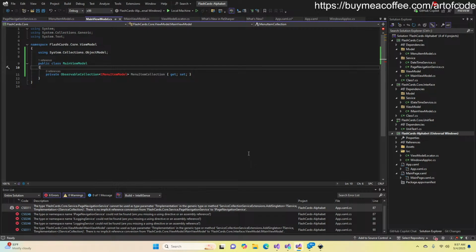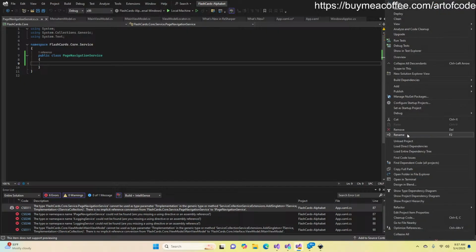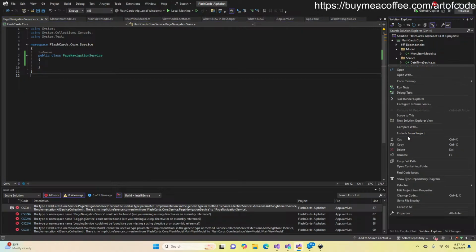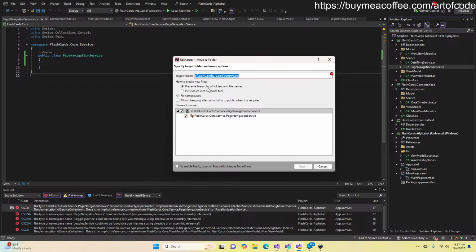We don't want to over-engineer this. So the page navigation service is going to have to move to, all right, so refactor, move. Flashcard